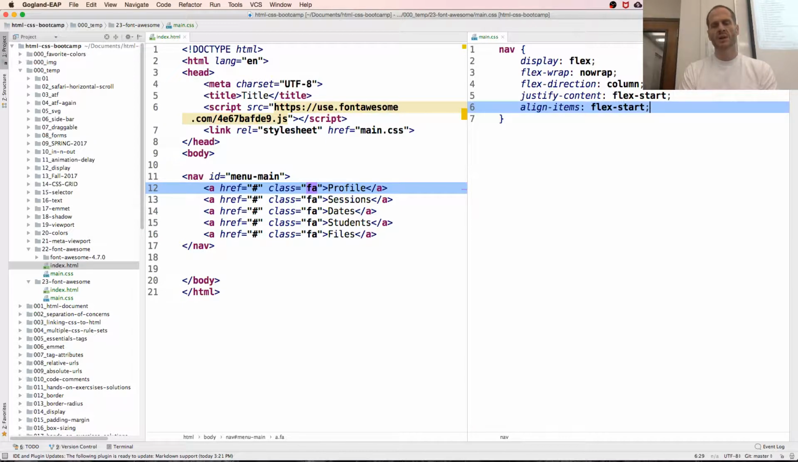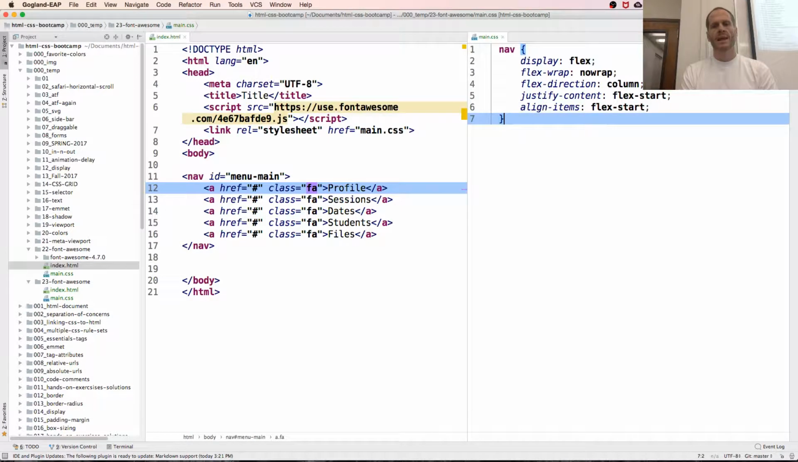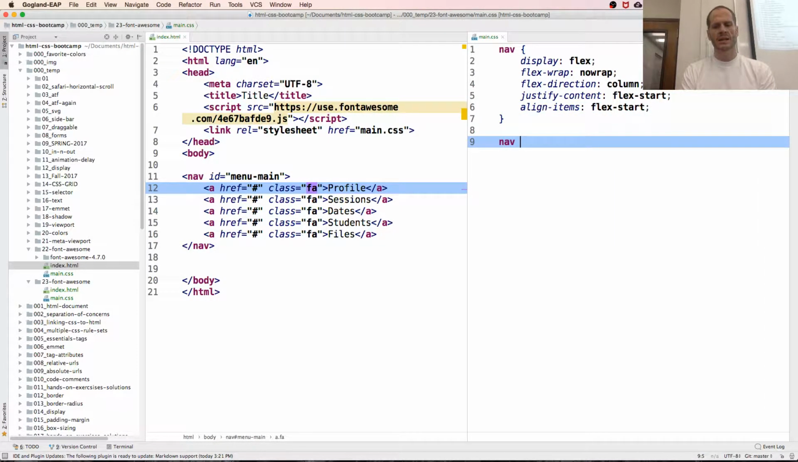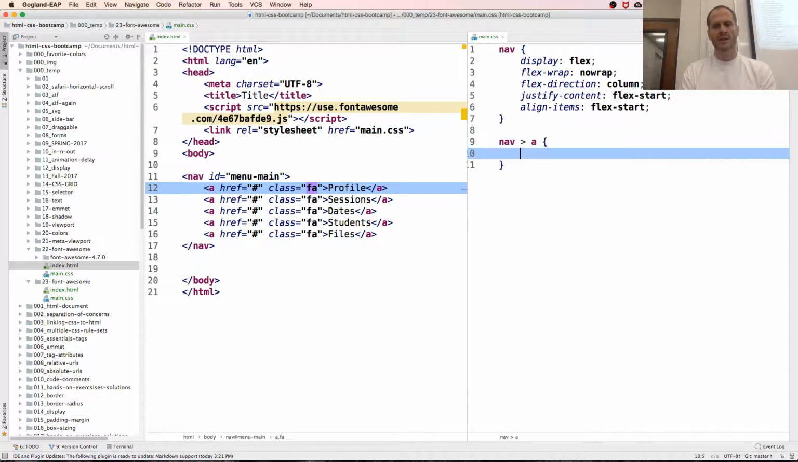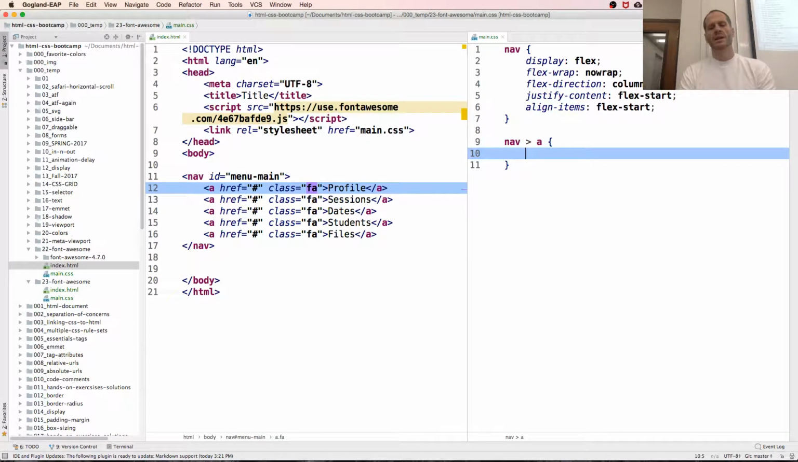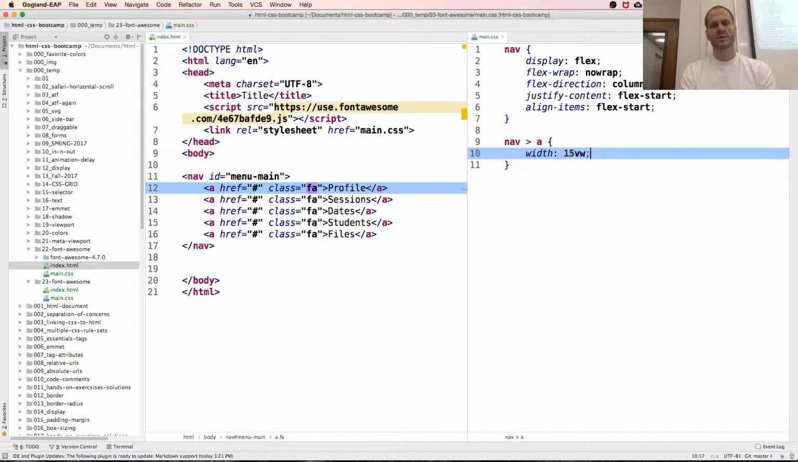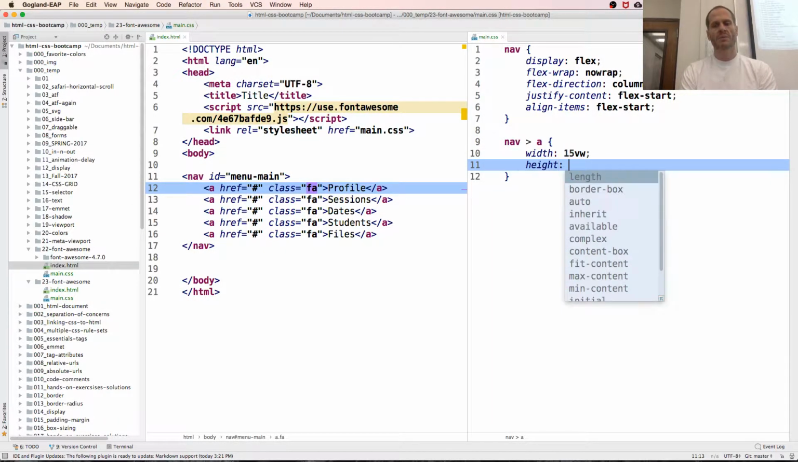Will also be on, so it'll be top left. Everything will be aligned. And we need to give it a height. I think with our anchors, so anything that is a child of a nav that's an anchor, we need to give it a width, and the width will be, I don't know, 15 VW, viewport width, and the height will be